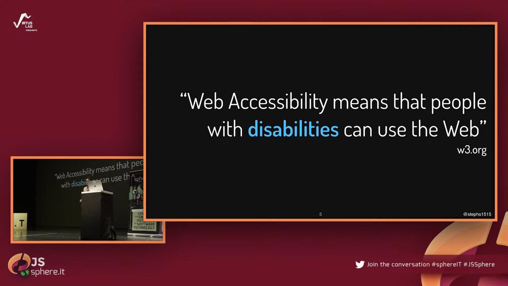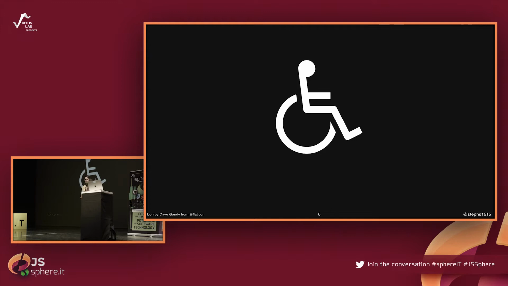So when I say disabilities, maybe what comes to your mind is this, which is the international symbol of access. And the problem with the symbol is that it's really constraining the meaning of the word disability, because disabilities do not look like this all the time. Disabilities are not just someone in a wheelchair. It's not something that you can perceive or see most of the time. And it's not just a health problem. It's more related to how we humans interact with our environments and things.